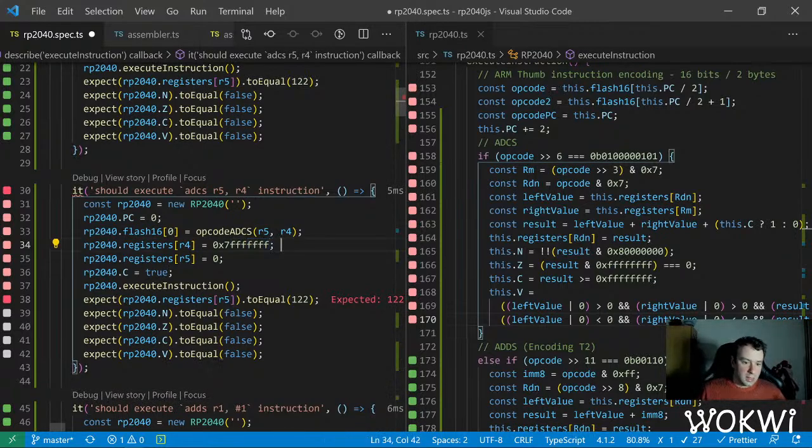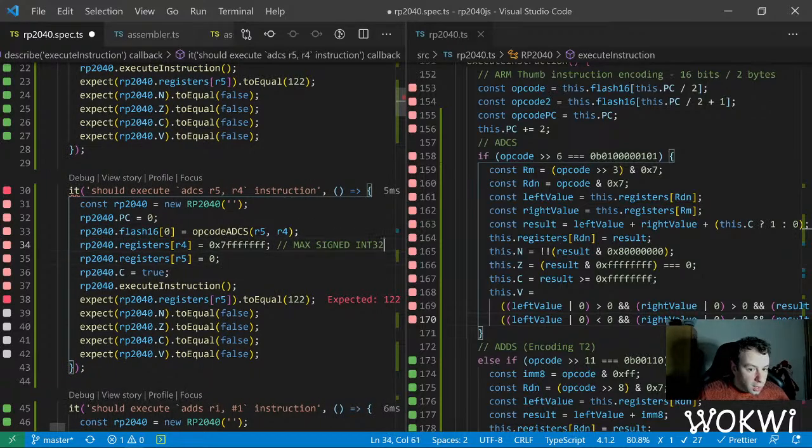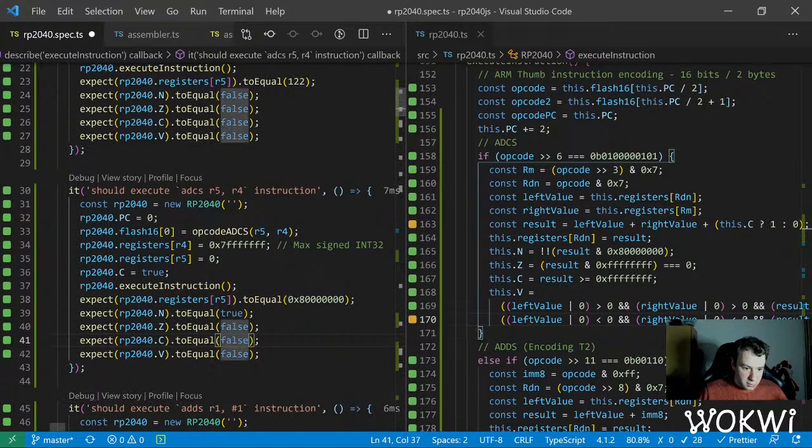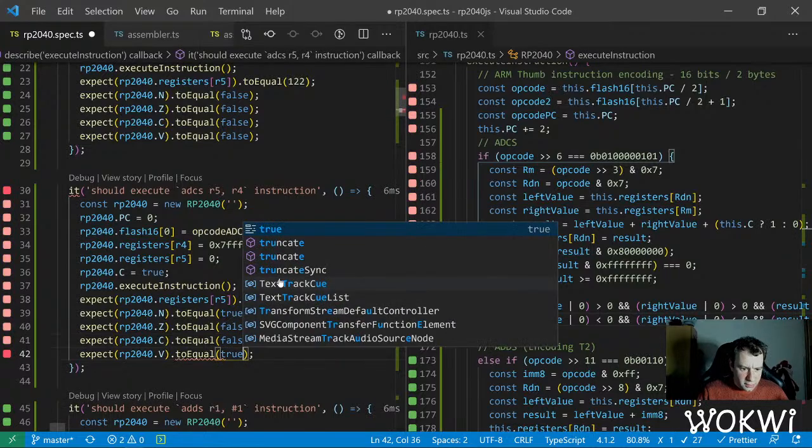So that's the signed int. Okay, but why all uppercase? I don't know. Okay, and we added this, so the result should be basically this, right? But it's negative, it's not 0, and we did have an overflow, so